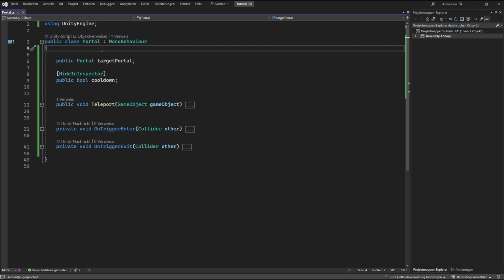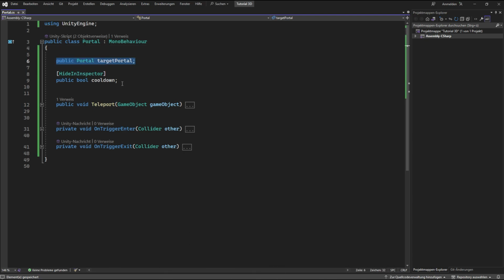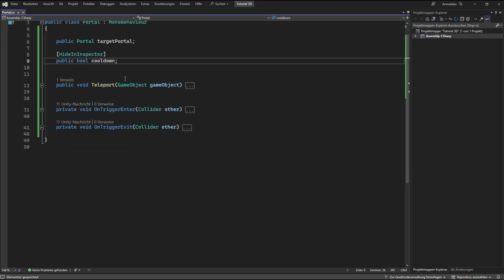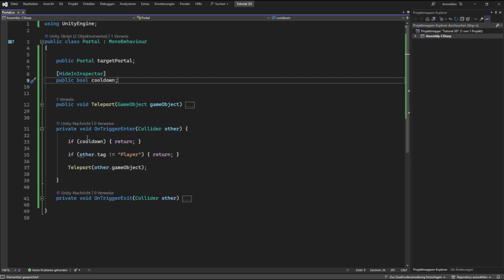And how it works is that we got our target portal variable right here and a cooldown variable, which prevents our player from teleporting in an infinite loop. I personally don't want this one to be shown in the inspector. And within our onTriggerEnter function, as soon as our player collides with it, this one will filter any object out that doesn't have a player tag, and as long as we're not on cooldown, we're going to teleport our player,